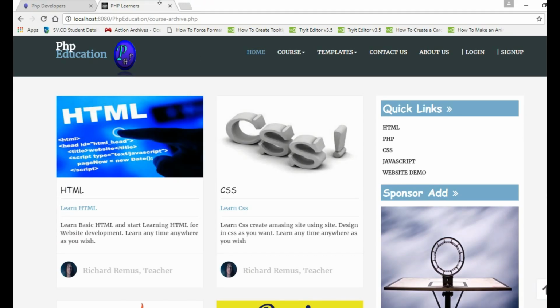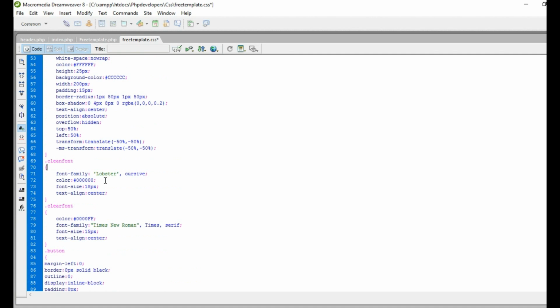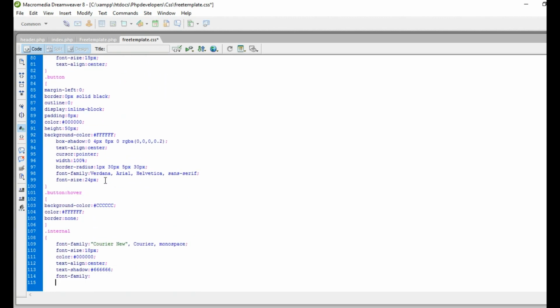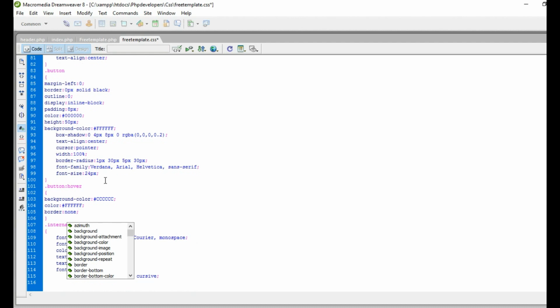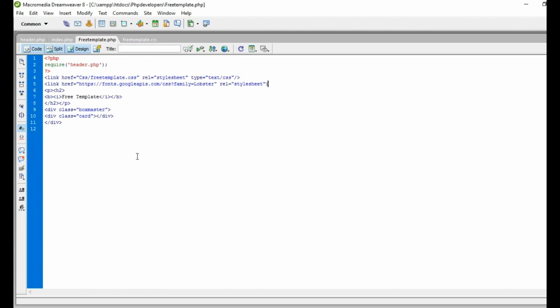Let's take Google font. Yeah, let's take a Google font and then paste it here, and then we will close our internal class. So here our CSS is completed. So let's go to free template.php, and then